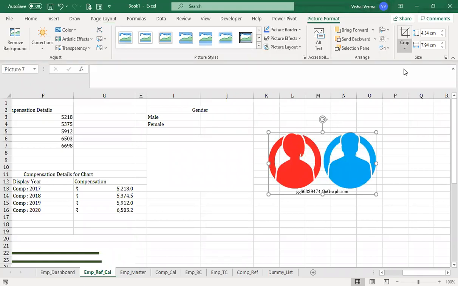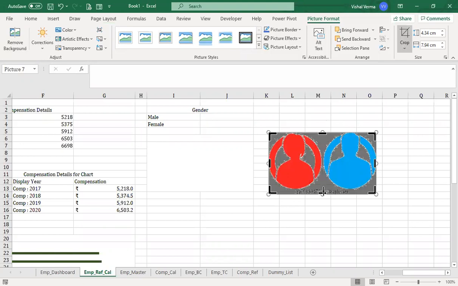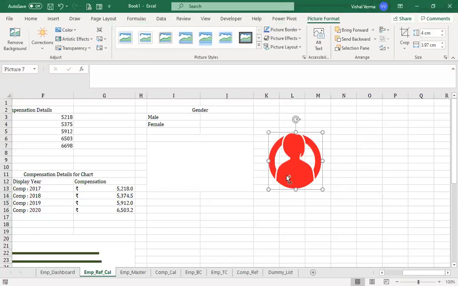And then we need to crop it and make two parts of it, one male and the other female. So we have got female, and then we need a male too.